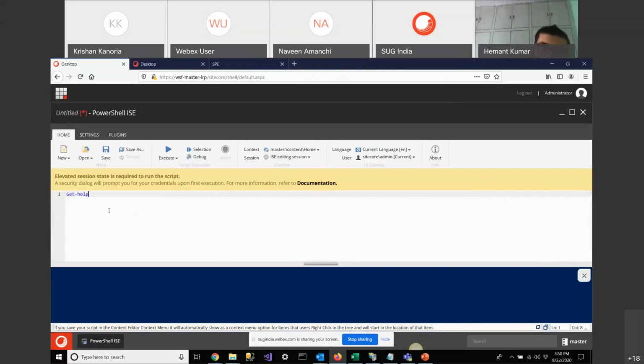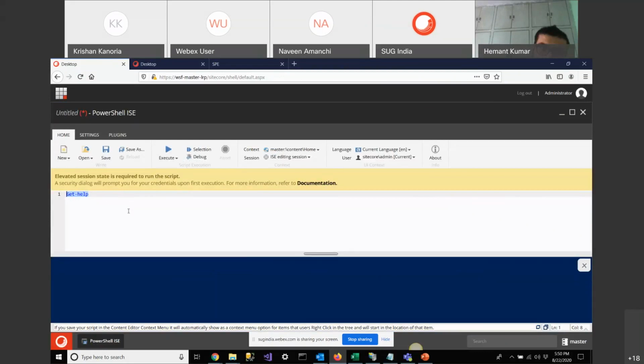I can execute this using this execute button, or I can select this one, and if I press Control plus Enter, this will give me some details about this commandlet. Suppose I run this from execute.